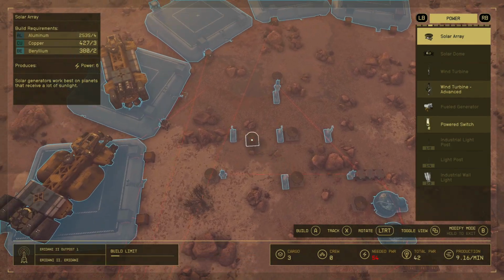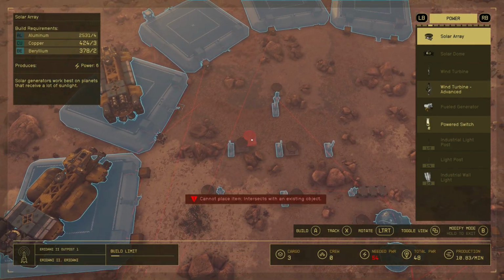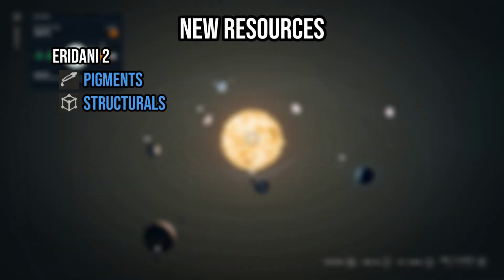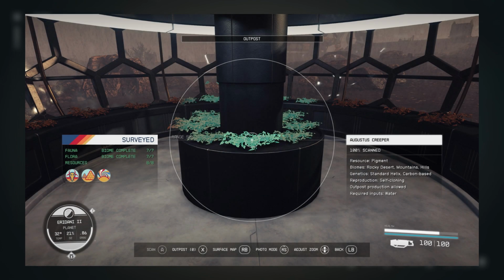Let's also begin extraction and production of resources on outposts we already have established. On Eridani 2, set up production of pigments and structurals. In order to produce pigments and structurals, you will need to fully scan the Augustus creeper and cliff laurel plants